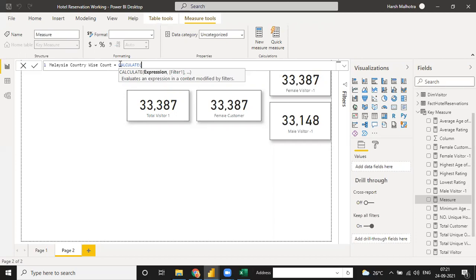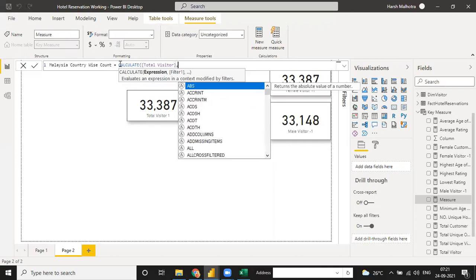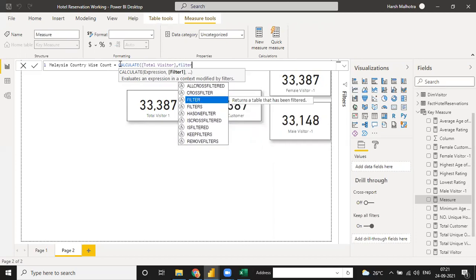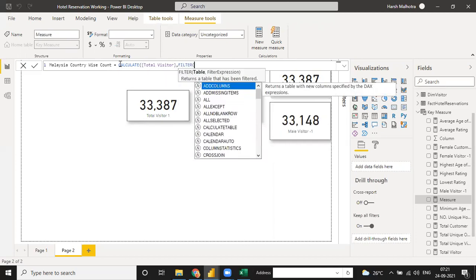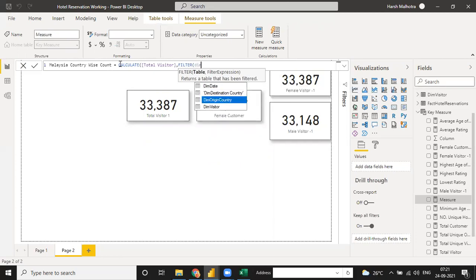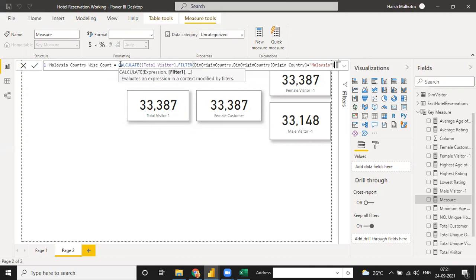See, right now we need total visitor, and we are going to filter it from the origin country. Instead of origin country, I use the origin country table column, and for this we need Malaysia, and calculate total visitor.